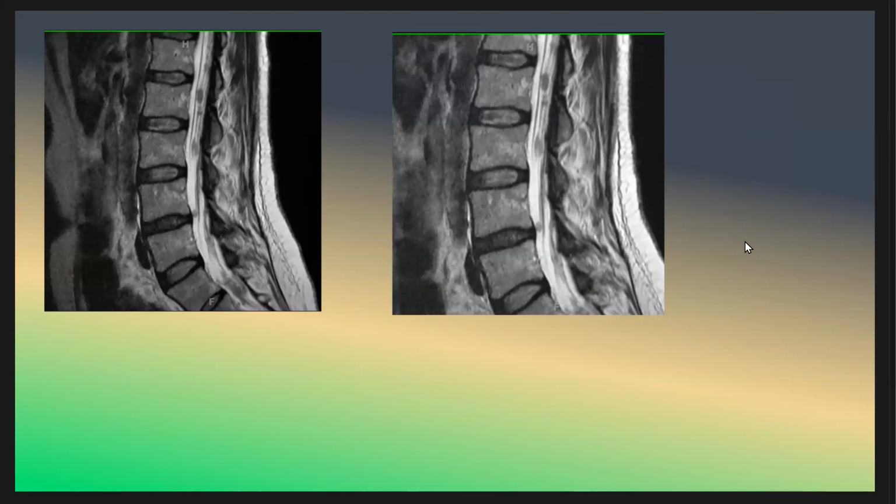What do you think the patient has? This patient has breast cancer. And what do you think the patient has? We have a drop metastasis, droplet metastasis in the spinal canal. As we see here, this is T2. And as I said in the history, it is a breast cancer, and this is the metastasis from the breast cancer. Also, other metastases can be seen. Okay.